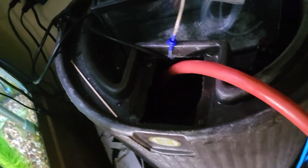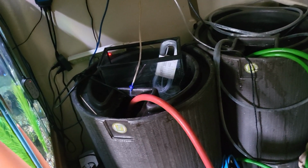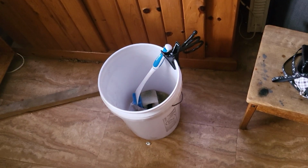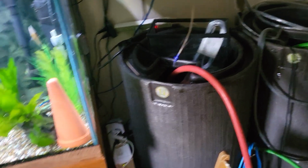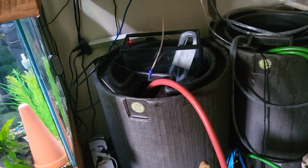I've filled the other half of both of these barrels up with cool water to bring the barrel temperatures down, and they're relatively cold. This is not matched temperature wise. I put a bunch of prime in. Half the barrel's rested, half the barrel's not. But I have to do it. And what I'm going to do now is just drain a bucket at a time out. Let the sump empty, add a bucket's worth of cool into the sump, watch the temperature drop, until I get myself below 85 degrees, and